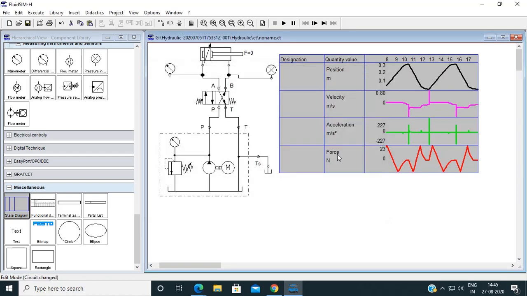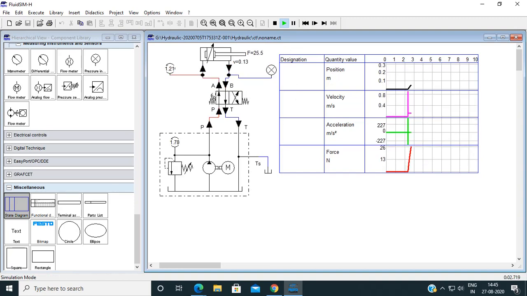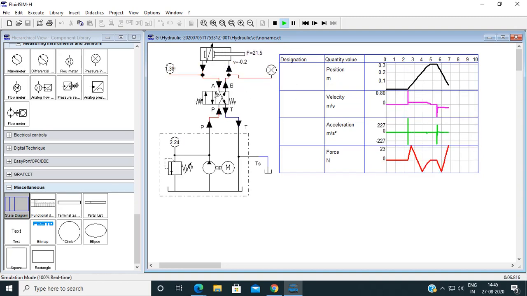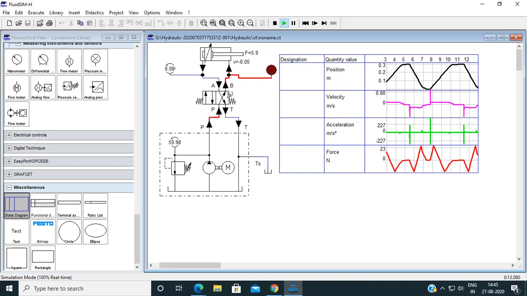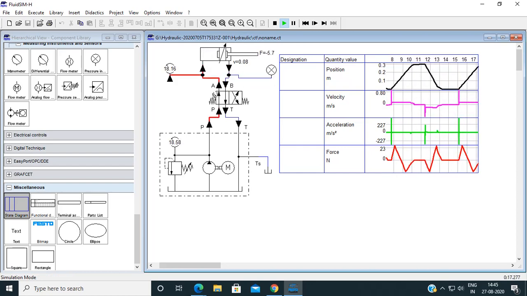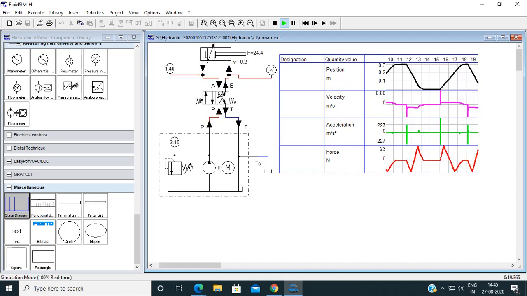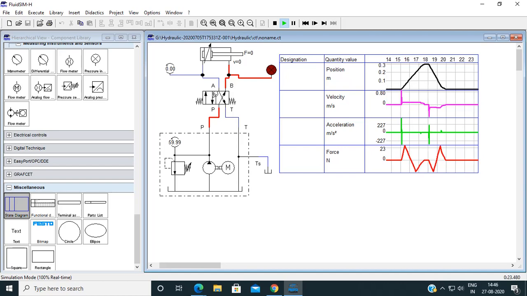So see the animation. The force which is acting is shown by red color, force profile is by red color, then acceleration is green color, and velocity, positive negative velocity, negative velocity means it's a retraction velocity.